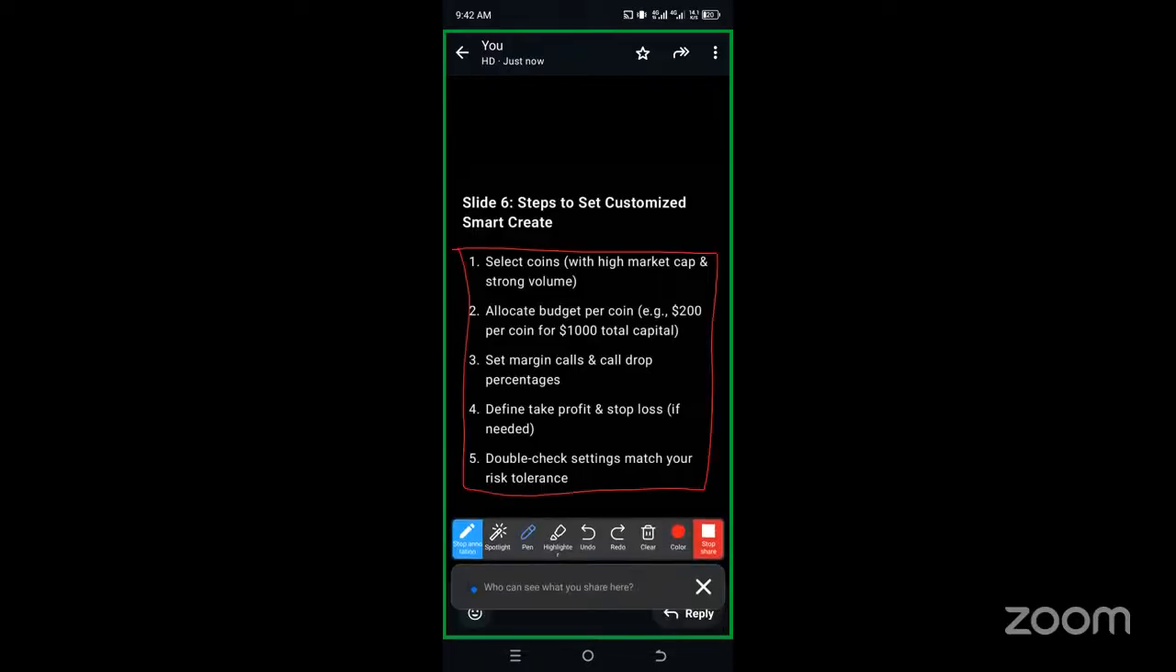Make sure that you know these steps: coin selection, allocation of the capital, setting margin call, and of course, call drop percentage. You define take profit and stop loss if needed, and then double check settings match your risk tolerance. If you are doing settings, in your heart, do you have conviction that what you are doing, you really understand what it is and the expected results, and when it goes against you, are you able to adjust so that you fight against